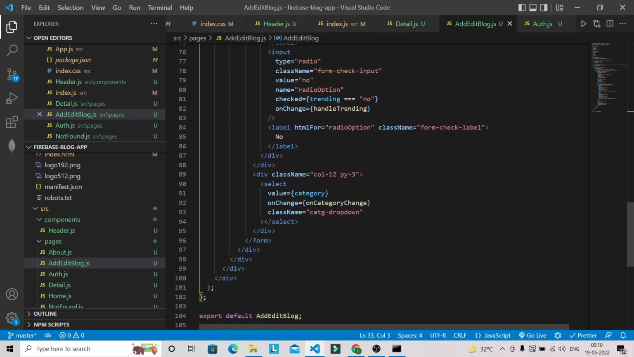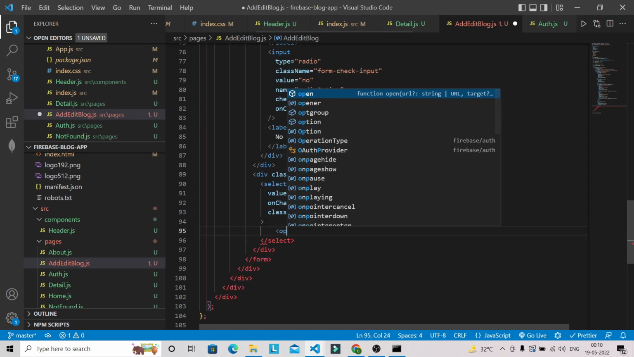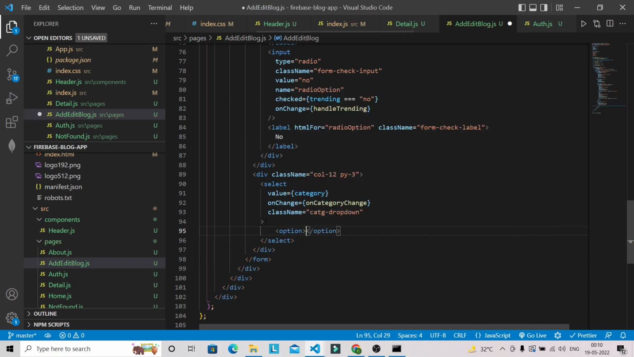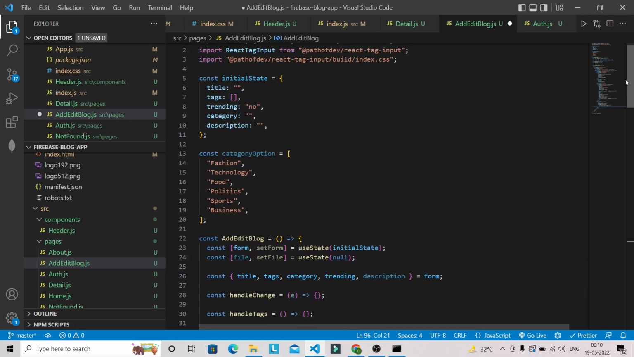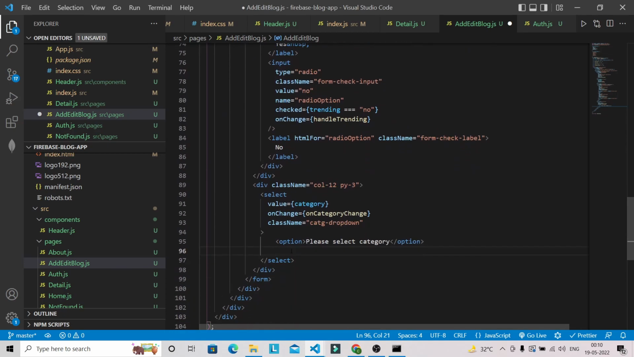So now inside this select we are going to have our default option first, like option, and we can have like please select category. Then we have defined this category option. You can see that outside this functional component. So we are going to use here map to show this category in drop down. So category option